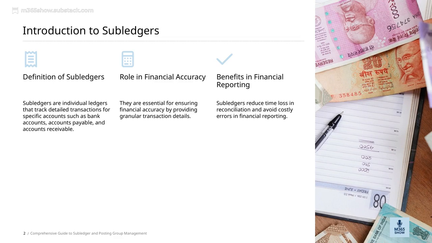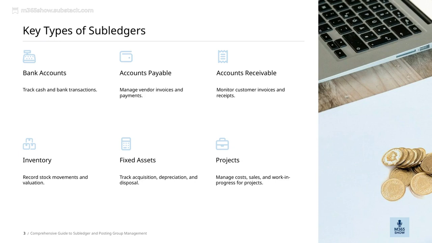Additionally, subledgers help us avoid costly errors in financial reporting. When transaction details are precise and well-organized, the chances of mistakes decrease, leading to more reliable reports. Overall, subledgers are vital for maintaining financial accuracy. They provide the granular detail needed to produce correct and trustworthy financial statements, supporting our goal of transparent and accurate financial management. Let's take a closer look at the key types of subledgers and how they fit into our overall